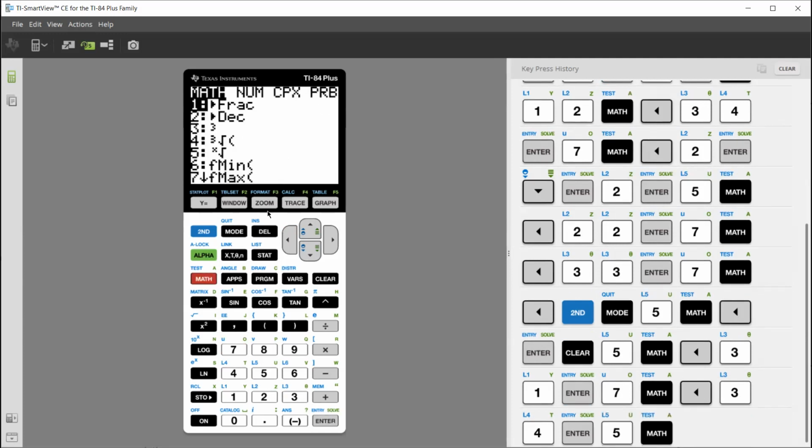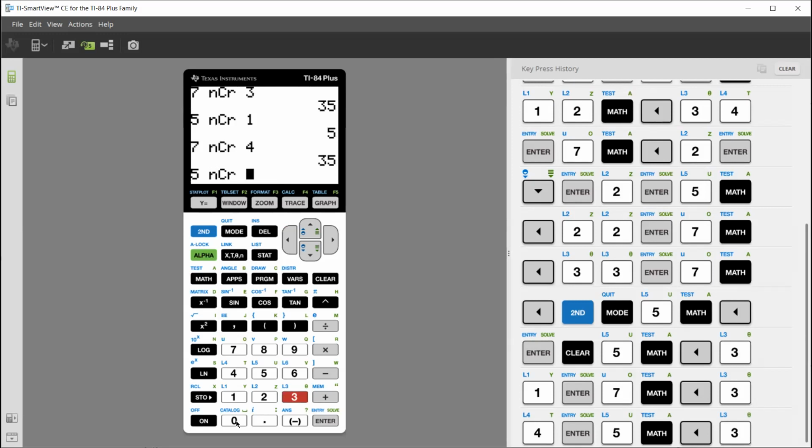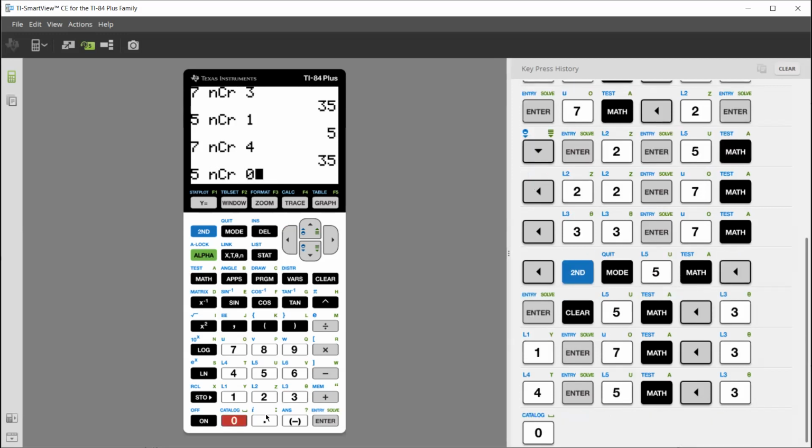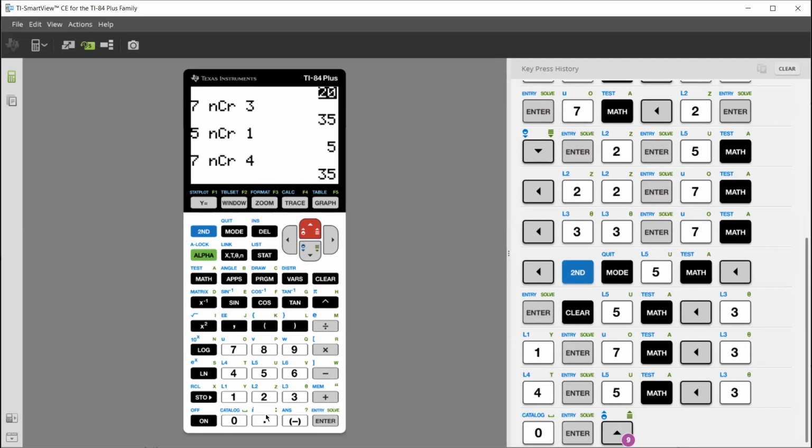But let me just show you here. 5 choose 0 is just 1. So that term doesn't add anything to your product. It's just 35 times 1 for that. 7 choose 3 is 35 again. And 7 choose 2 and 5 choose 2 is